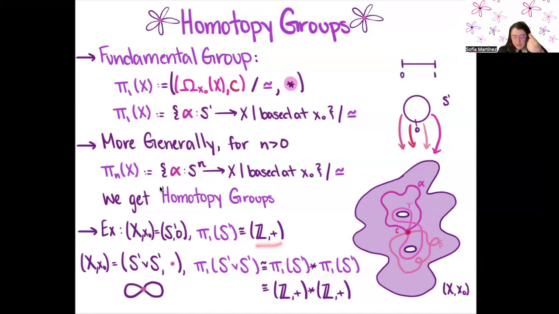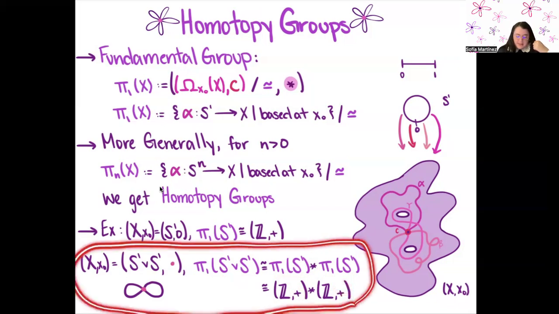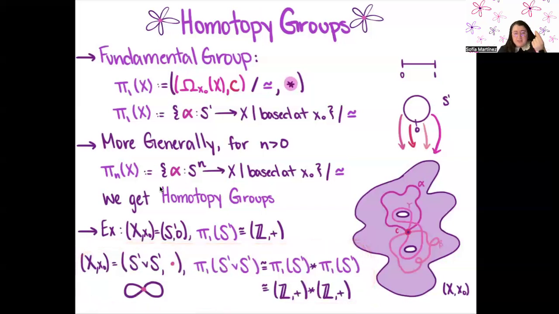And I already told you, and we sort of discussed, that each one of these is Z with addition, and then Z with addition, the integers. And really, I wanted to discuss this example because it's a manifestation of one of my favorite theorems in algebraic topology, the Seifert-Van Kampen theorem, which tells you exactly how to compute pi 1 for spaces that either look like wedges or look like unions, and tells you that pi 1 can be written as something much simpler. And it has,